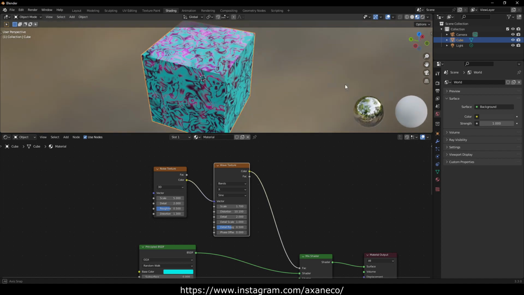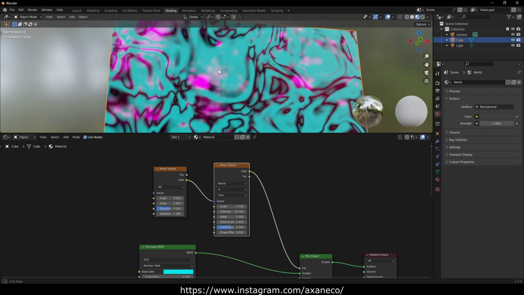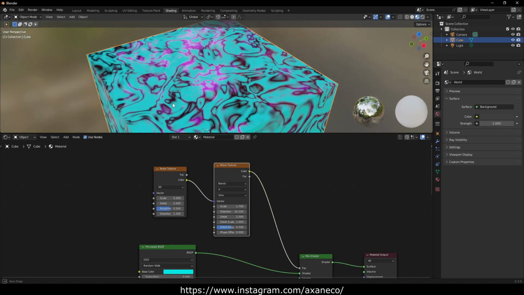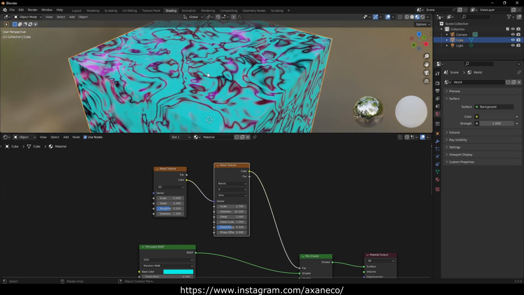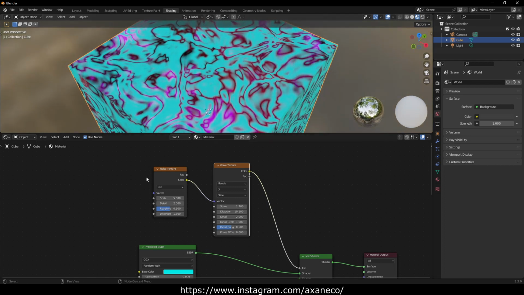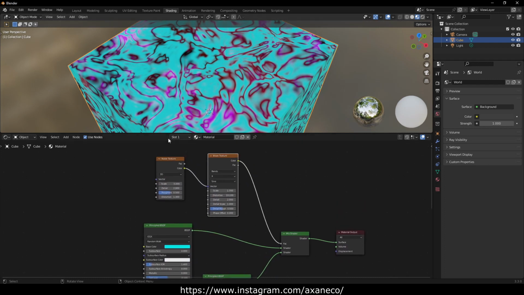And so we have some very simple way to have two different materials on one object. And the distribution of these materials is controlled by these textures as a mask in this mix shader. Okay, so if you want to have manual control,